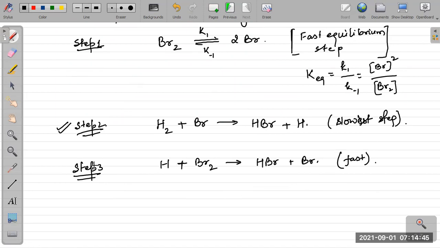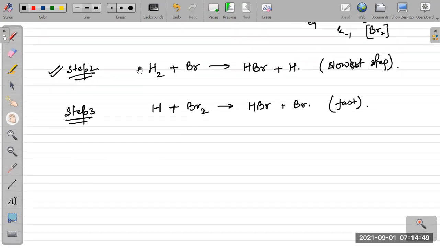Next thing, rate of the reaction जो होगा इसका, ये slowest step है, तो rate of the, और ये slowest step क्यों है ये भी मैं बताऊंगा। Rate of the reaction happens to be some K, I mean, maybe we can call it K2 and K dash, ऊपर वाले का K1 है इसलिए इसको K2 लिख लिया। So it will be K2 into concentration of H2 into